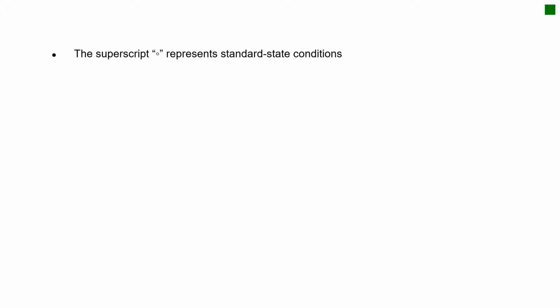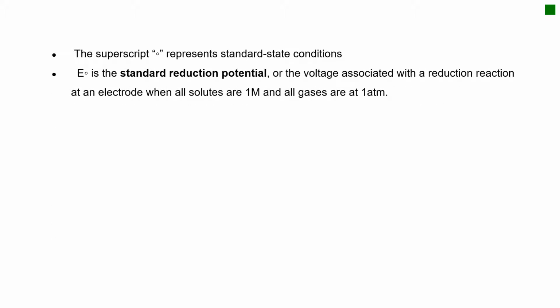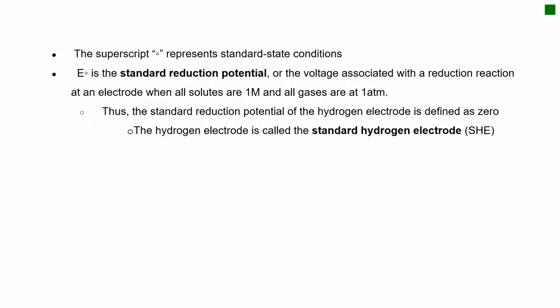So the superscript, this one that looks like a little degree sign, represents the standard state conditions. Here, E° is the standard reduction potential, or the voltage associated with the reduction reaction at an electrode when all the solids are 1 and all gases are 1 atmosphere. Thus the standard reduction potential of the hydrogen electrode is defined as 0, and the hydrogen electrode is called the standard hydrogen electrode, also known as SHE, and SHE can be used to measure the potentials of other kinds